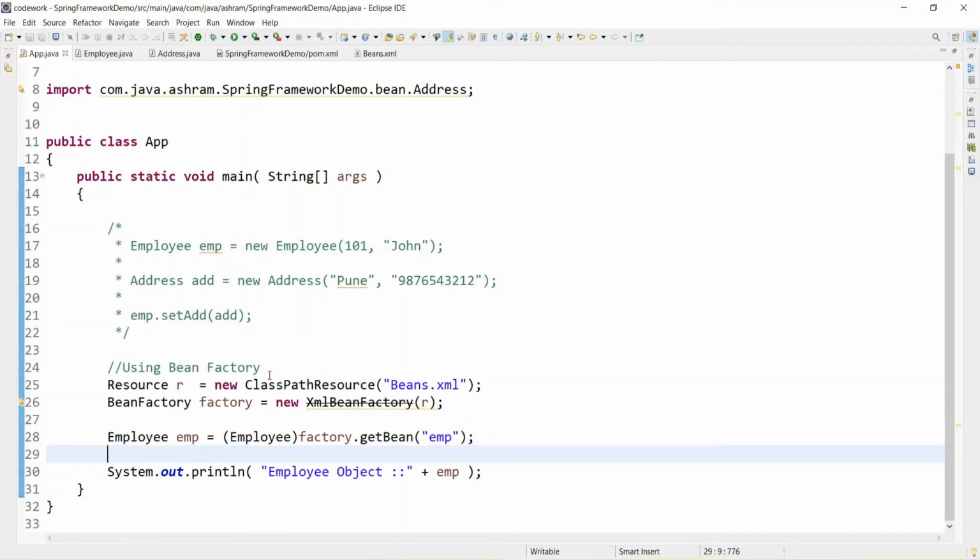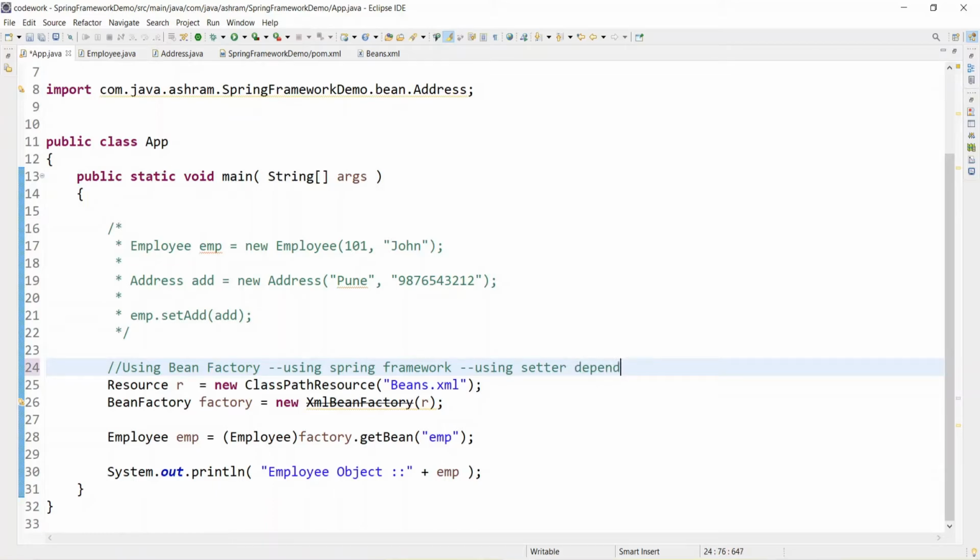Now we are using the Spring way, using the bean factory, using the Spring framework, using the setter method, using setter dependency injection, right?